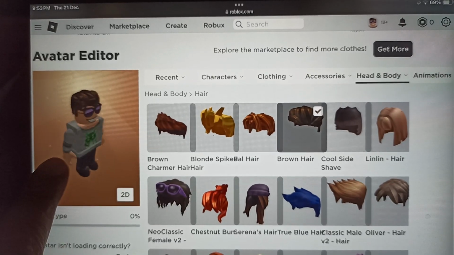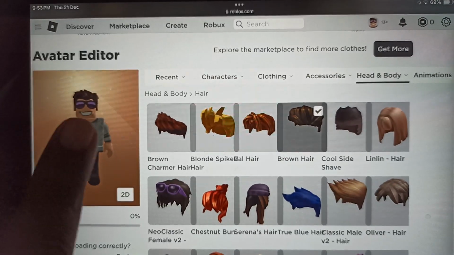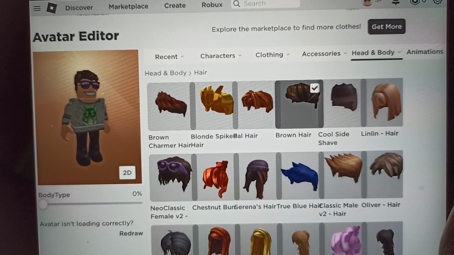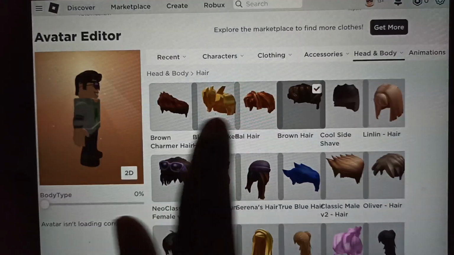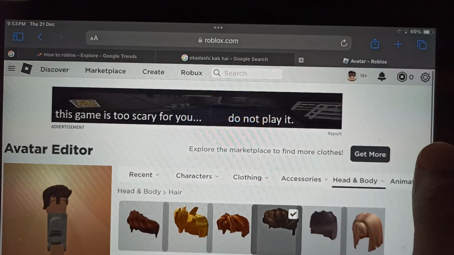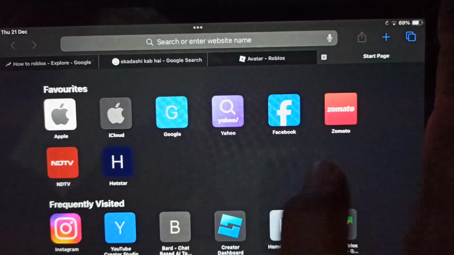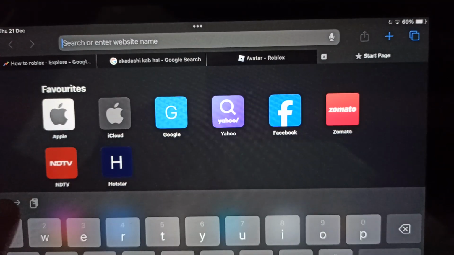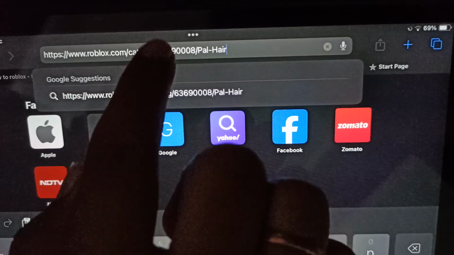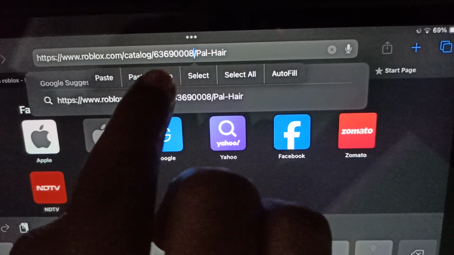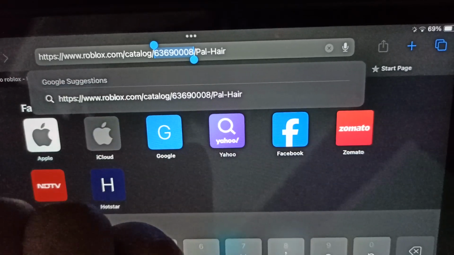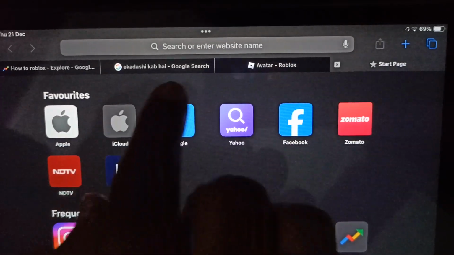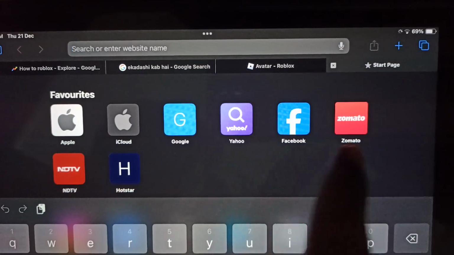Now you can see that right now my avatar has only one hair, and if you want to wear multiple hairs, you just need to hold a new hair and copy the link address and open a new tab from here and paste the link over here and just copy the asset ID from this link address. Tap on select, tap on copy, go back to avatar page,